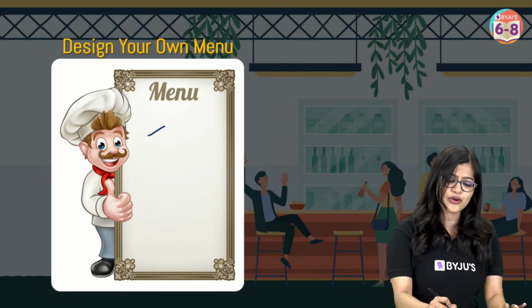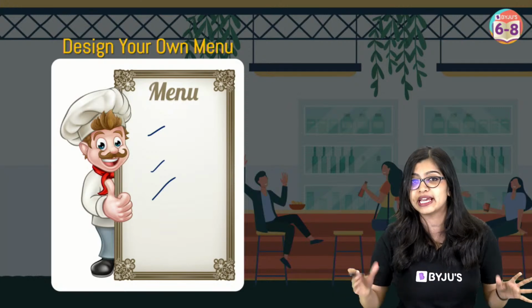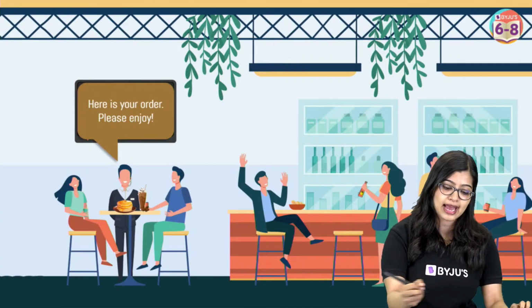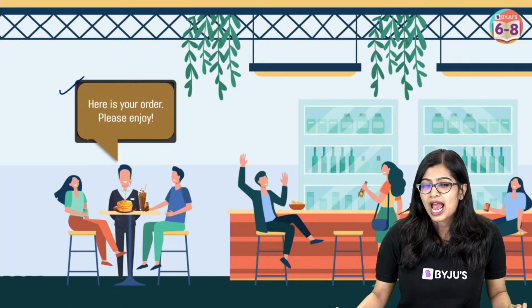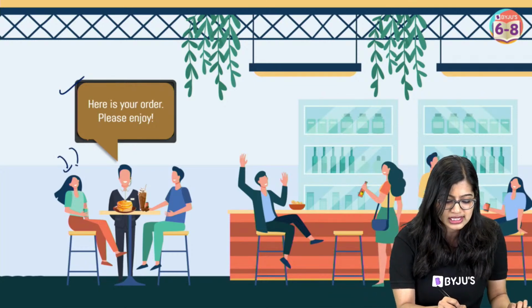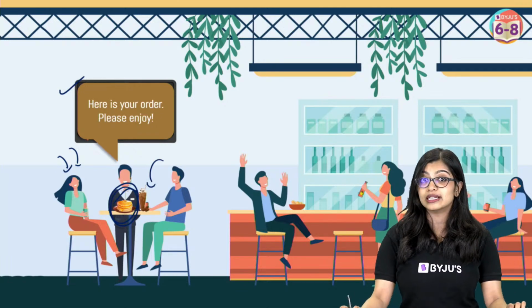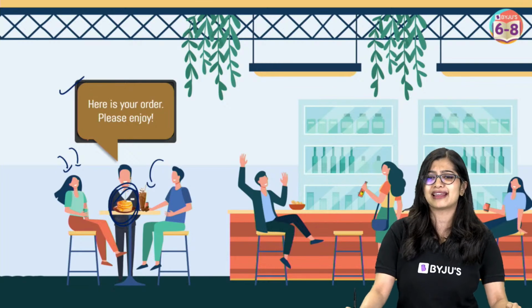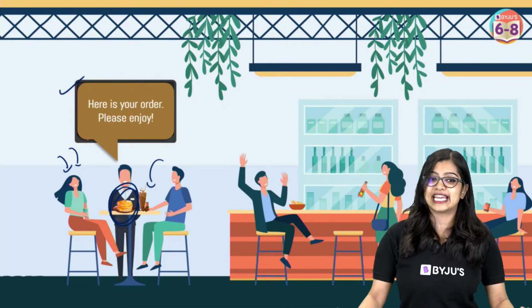So, of course, we would make our own menu and we would get all our favorite dishes in it, right? So, let's say that these two folks here have ordered and the waiter has given them the food and he's like, please, enjoy your order. And if you see, this girl has ordered some yummy pancakes here, while this guy here has ordered chocolate milkshake. Now, I know most of us would like chocolate milkshake, right? I mean, anything with chocolate is a win-win for us, yes? Yes, red velvet cake as well, Juhi.